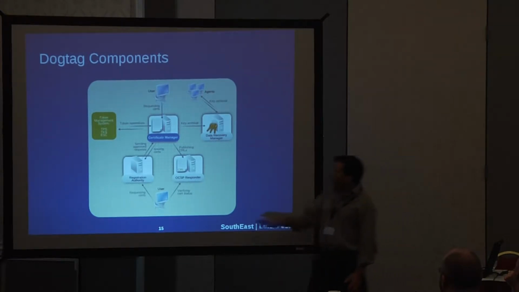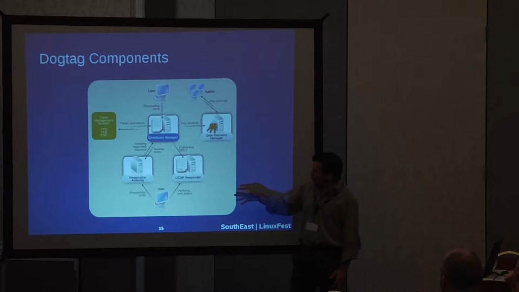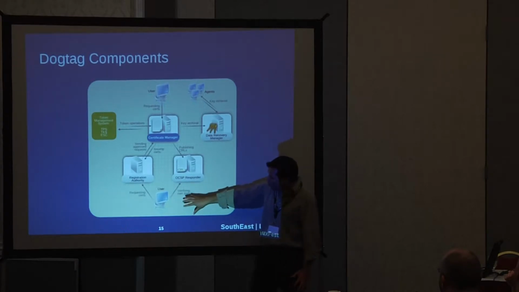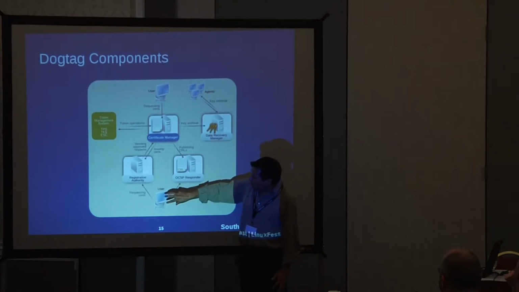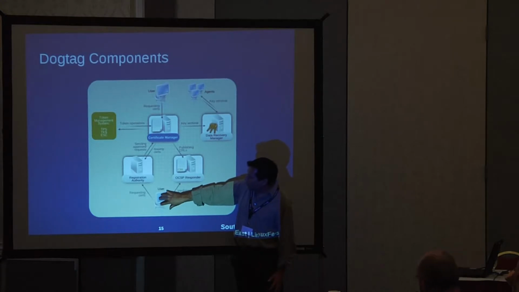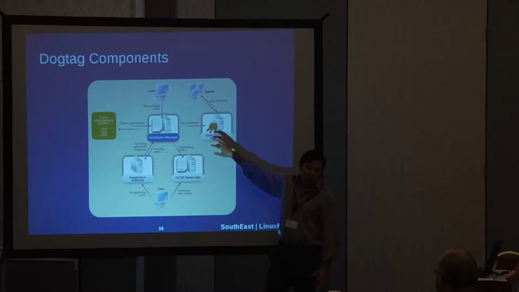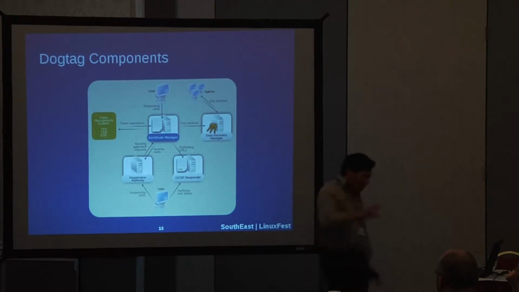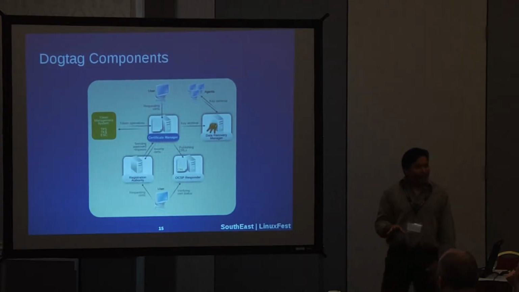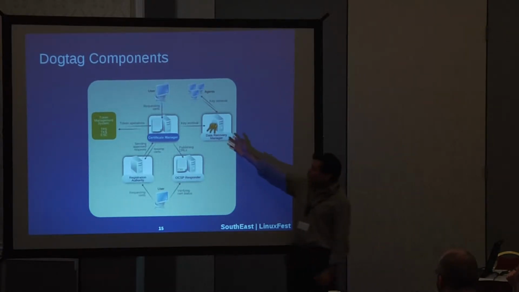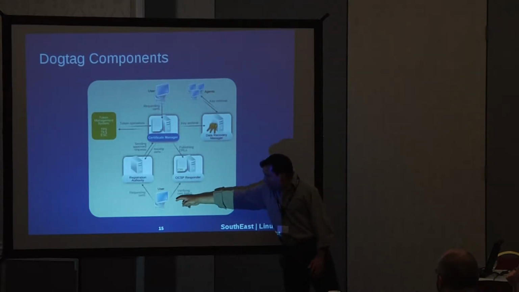And then finally, of course, if you try to get an encryption cert, you're going to get that encryption cert, but your private key for encryption is going to go through the CA, and it's going to go to the DRM, and it's going to be stored in the DRM. We have to be very careful about how to do that because we're transmitting a private key. So what actually happens is that there's a transport certificate that is generated on the DRM, and on the